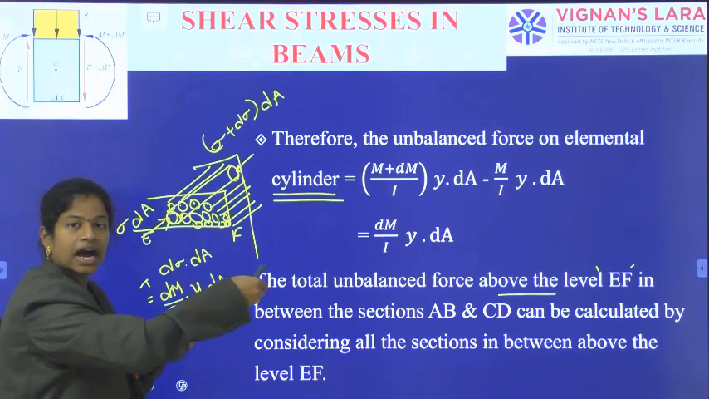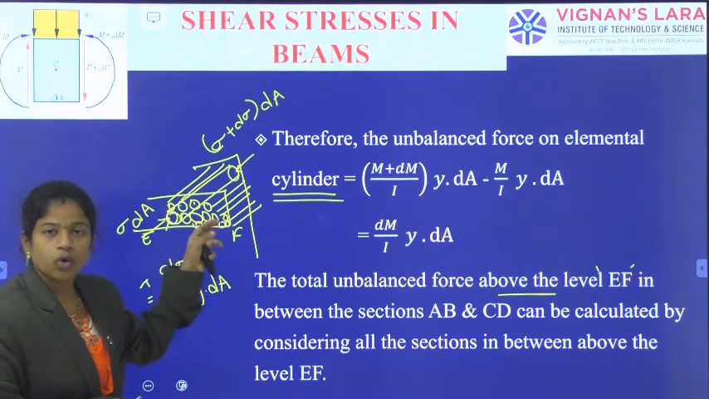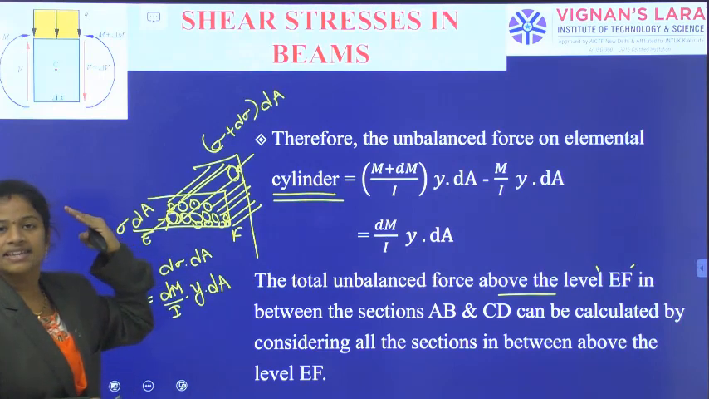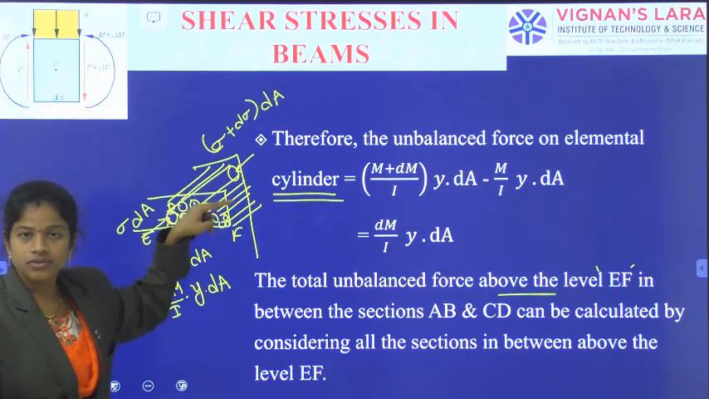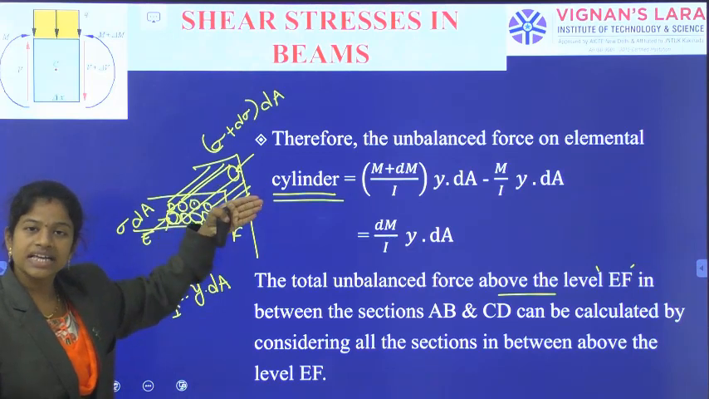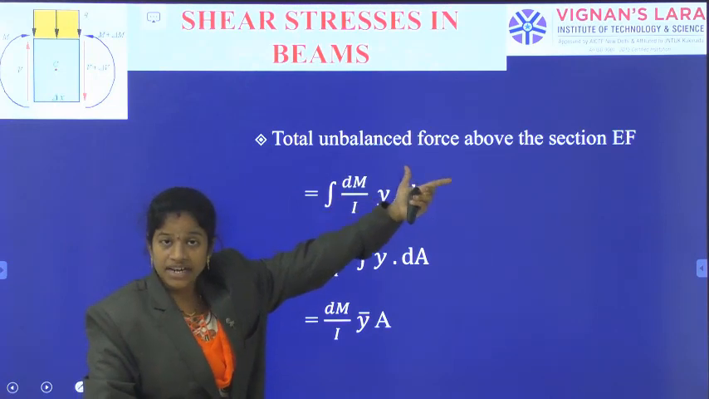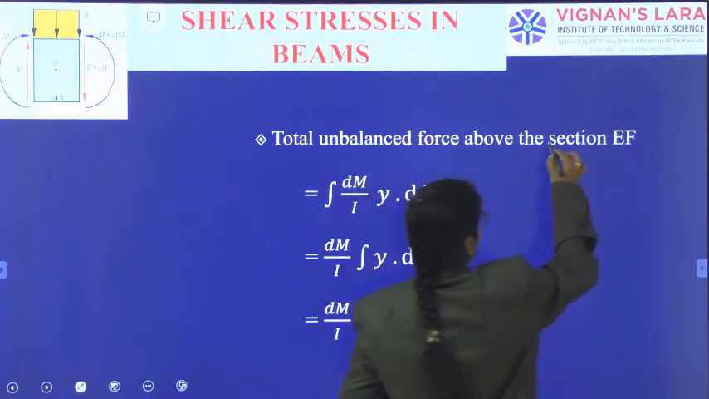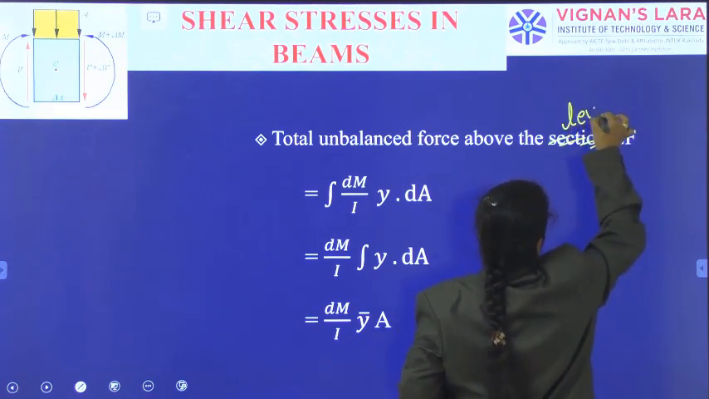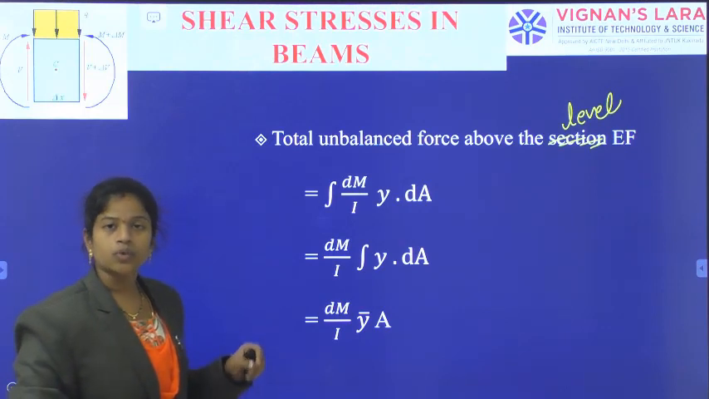Summing up all the unbalanced forces on these cylinders, what can you get? The total unbalanced force coming in this direction from CD to AB above the level EF. So above the level EF, what is the unbalanced force will be calculated. So the total unbalanced force above the section, above the level EF,